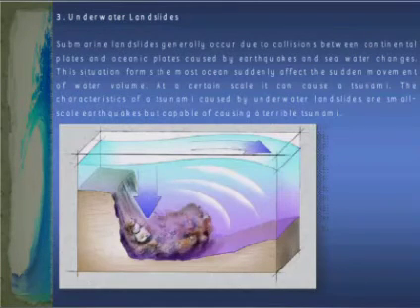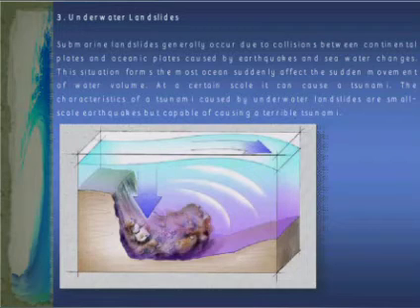Number 3, underwater landslides. Submarine landslides generally occur due to collision between continental plates and oceanic plates caused by an earthquake and seawater change. This situation suddenly moves a large volume of water.